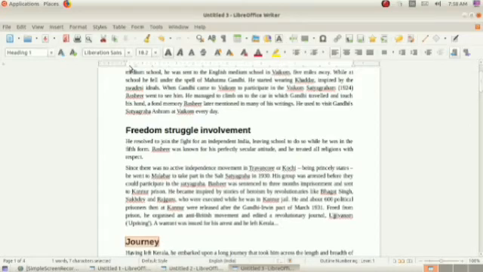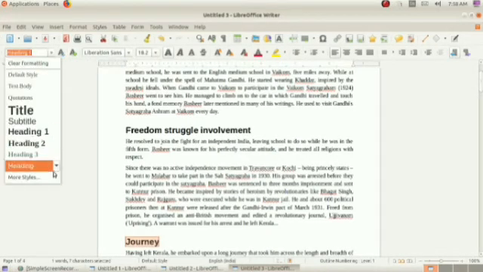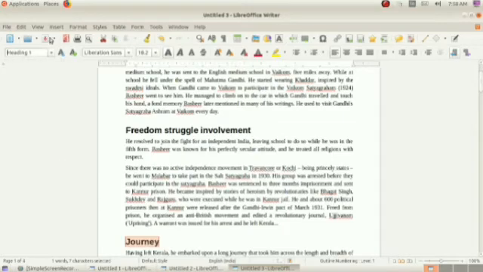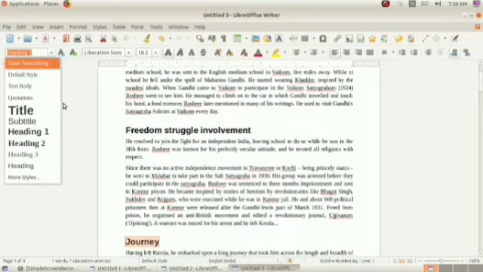Then here is another option, that is more styles. Here are title, subtitle, heading 1, heading 2, heading 3, then headings, and a more styles option is there. If you need more styles, you can click on this.